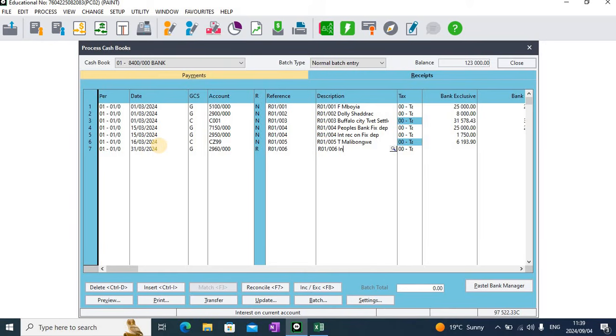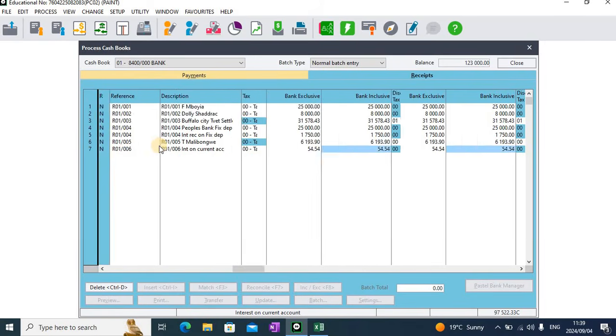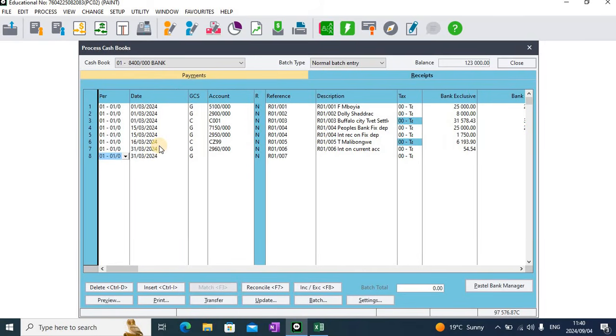And we INT on current account. Remember, there's no tax on interest received, and the amount for interest received on the exam paper is 54.54. Press enter to complete the line, and on page 18 we are on the last receipt,